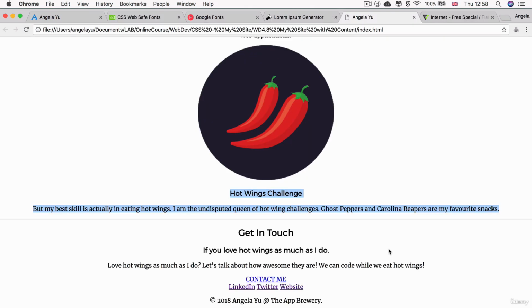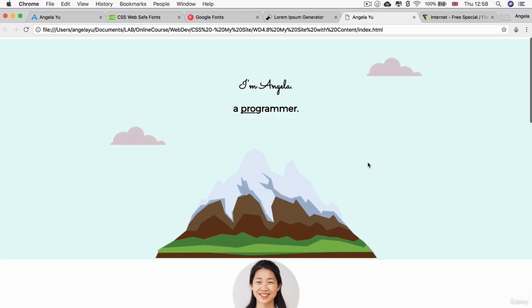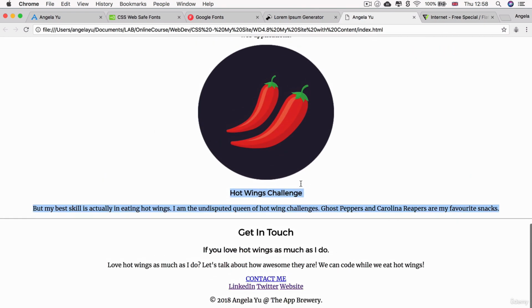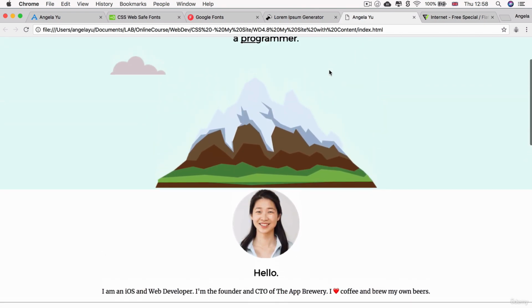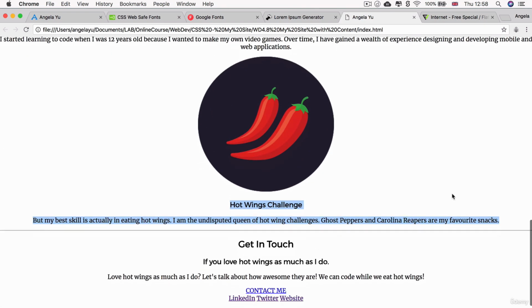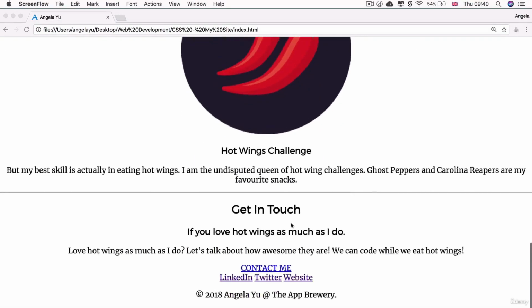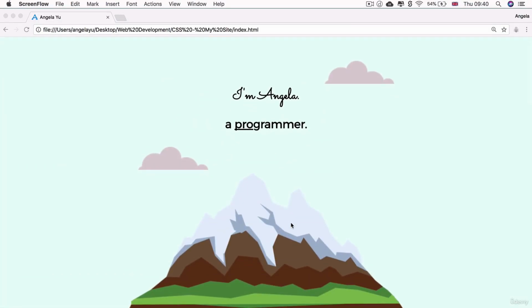And finally, at the bottom, you've got a contact me link that takes you to whichever email you would prefer to be contacted by. And you've got your social links at the bottom that go towards wherever you want them to. So this is the rest of the content for our website. And for the remaining lessons, we'll be styling this content to make it look more and more like a professional personal site. All right, so now that we've got all of our content together, we can go ahead and style